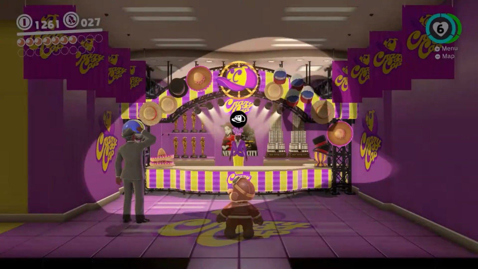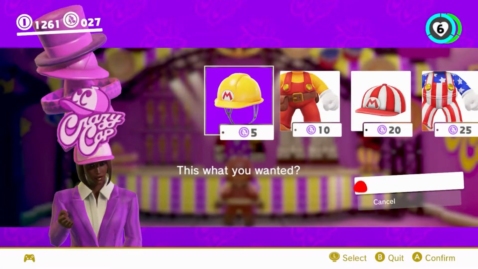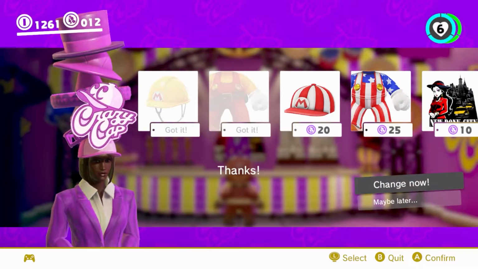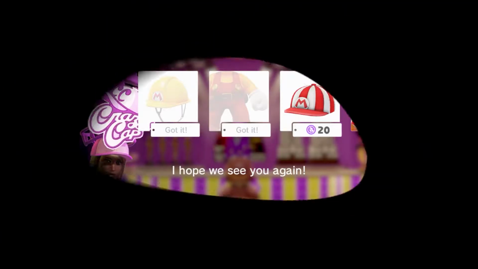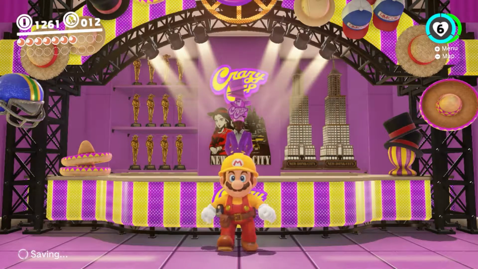We're going to go to Crazy Camp briefly, and we are going to buy our first outfit here. There's two we can get here, but let's buy the Builder helmet and the Builder outfit. So for those who don't recognize it, this is from Super Mario Maker. Or Mario Maker. I think Super Mario Maker was the sequel. I never played either of them. But yes, that's this kind of outfit, which is kind of cool for going with the city. So what we need to do for now is...